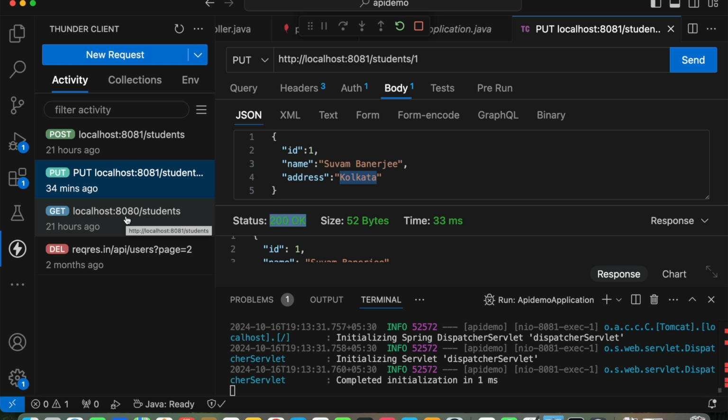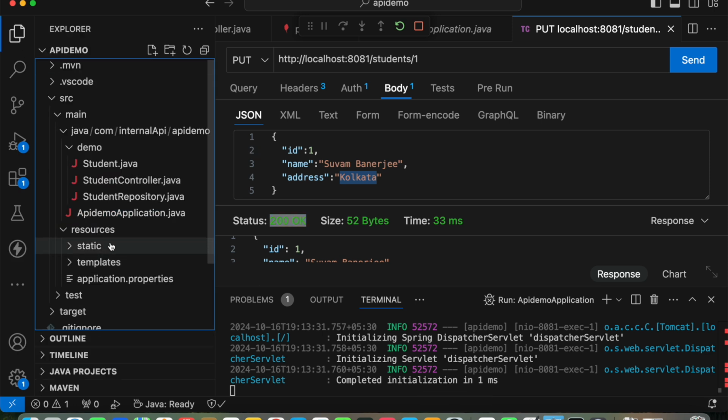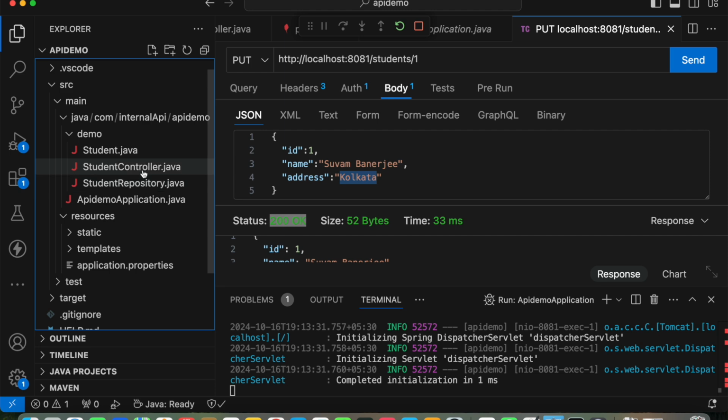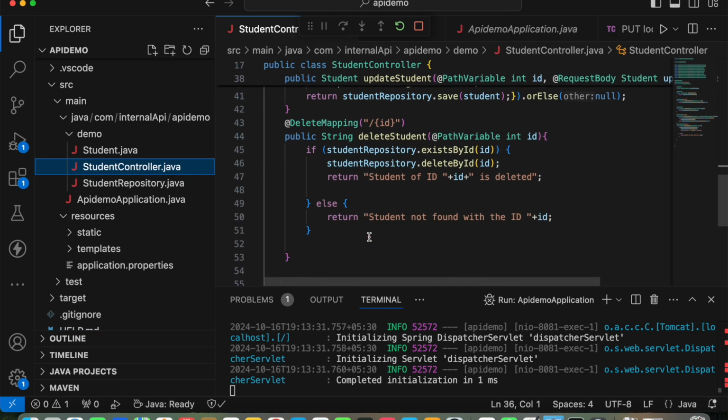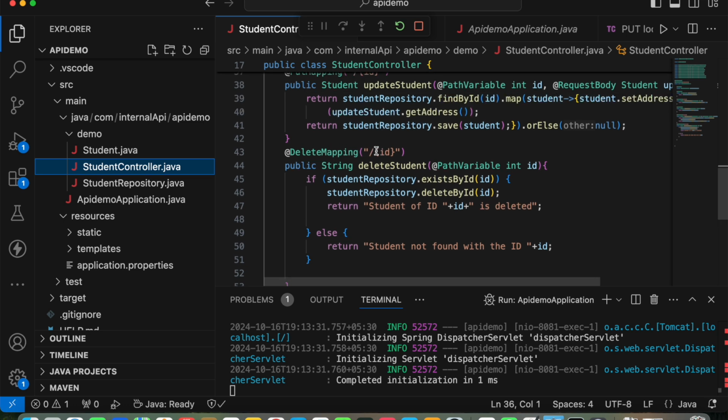Now we have to do the delete. Okay, we have to do the delete. So delete में क्या दिया था याद नहीं है, अभी देखता हूँ. What we have passed in delete. So here in the student controller we have created, right? So delete mapping also it should be ID, means /1. So it will delete that record, I mean the record with ID1, right? So same way